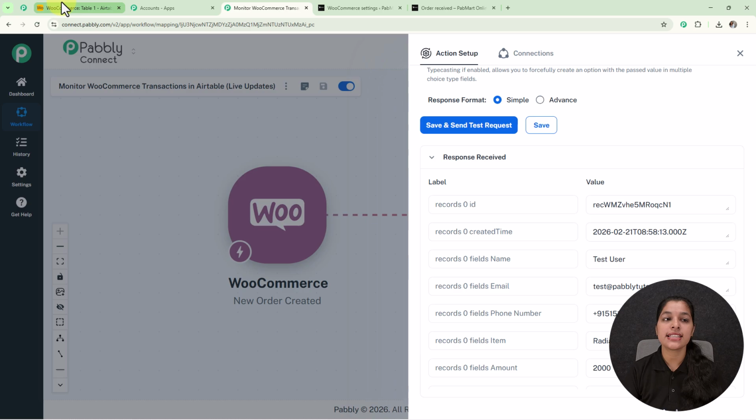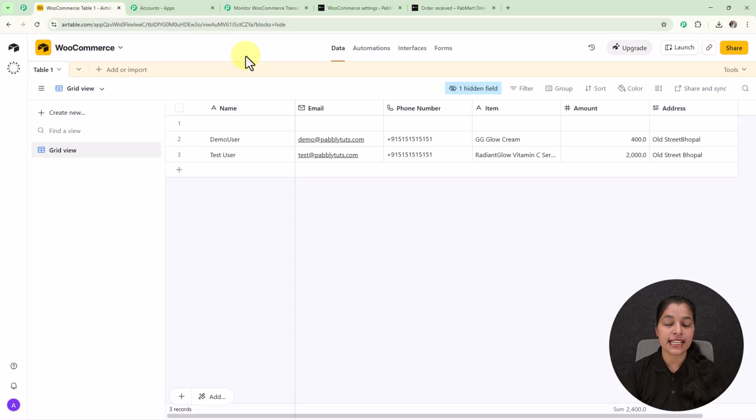So here you can see this is the base which I have recently selected in my Pabbly Connect, and here my data is successfully saved. That is, name is test user, email is test@pabblytunes.com, the phone number, the item which I have recently bought, that is Radiant Glow Vitamin C Serum, its amount, that is 2000, and the address which I have filled over my checkout page. So now you have seen an amazing automation which is adding the WooCommerce transaction details to Airtable, and